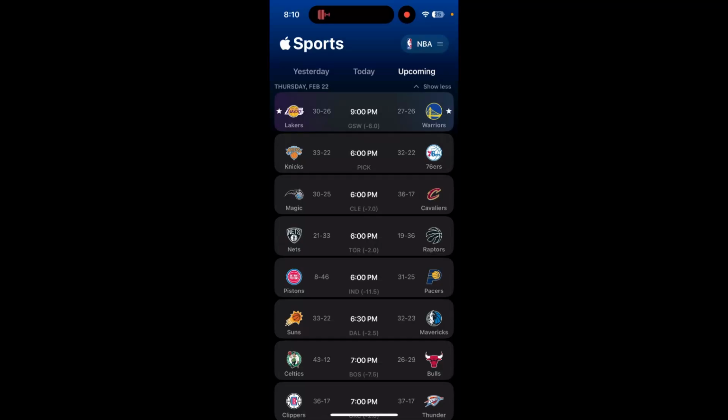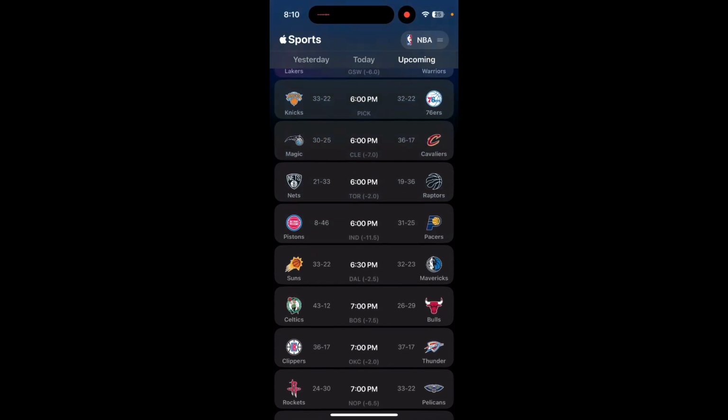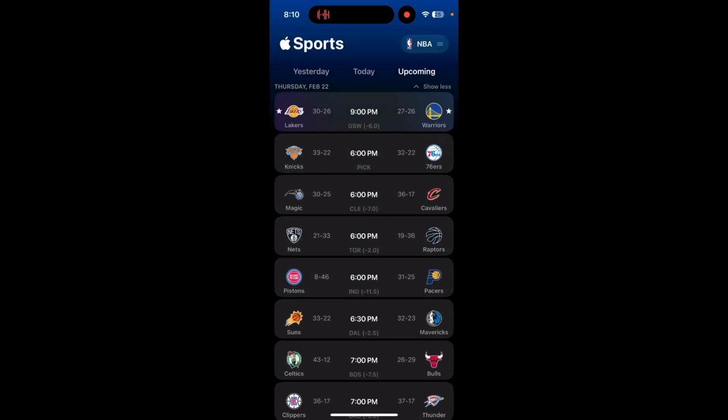So we got quite a few games that are happening on Thursday. So yeah, it's quite simplistic, which is kind of ironic because Apple likes to make stuff complicated. But yes, they've made this simple app.